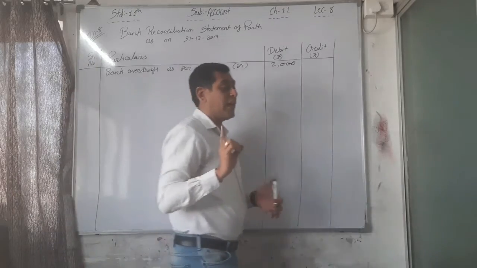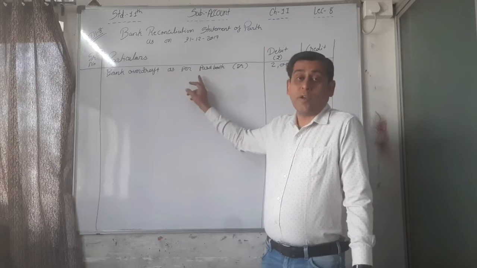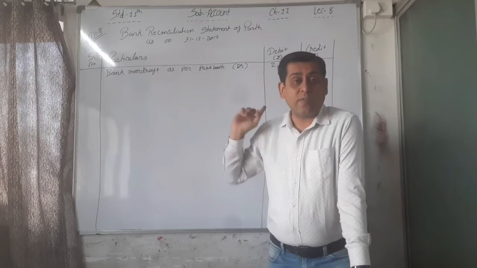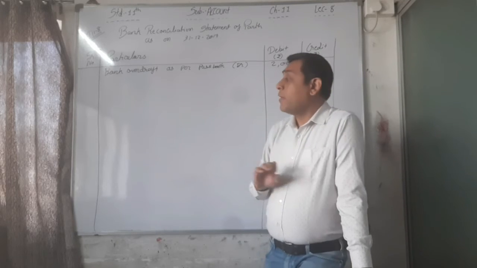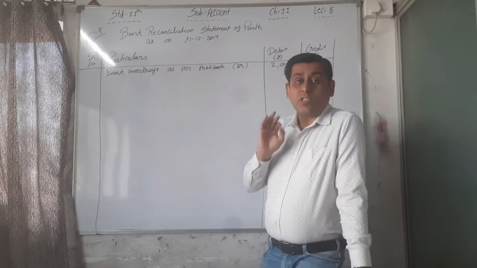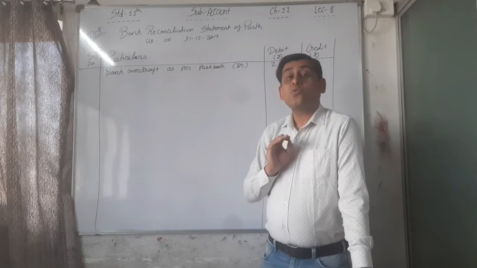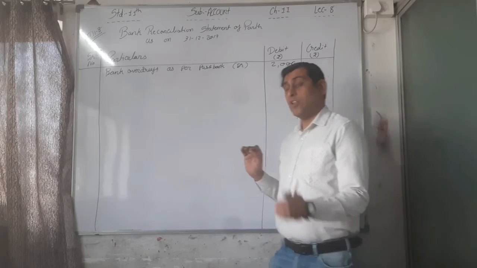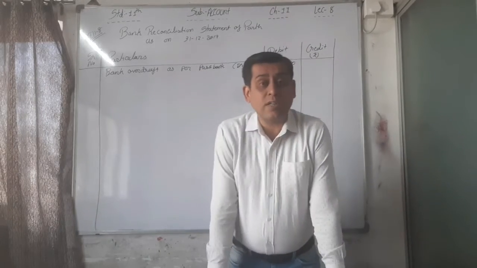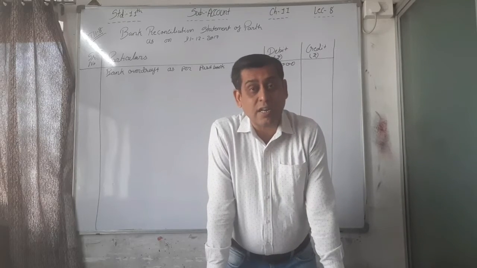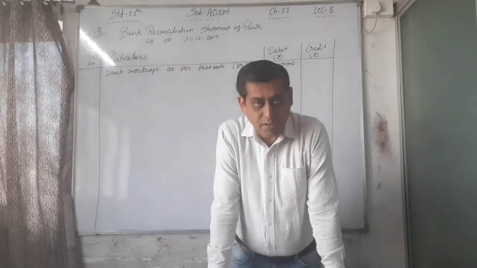If you write the first point directly and do not write this starting point, whether bank overdraft as per passbook, bank overdraft as per cash book, bank balance as per passbook, or bank balance as per cash book, then this is not a correct sum and you will not get full marks. So if the starting point is not given, find out where it is given, write it down first, and then write down all the situations given in the question.